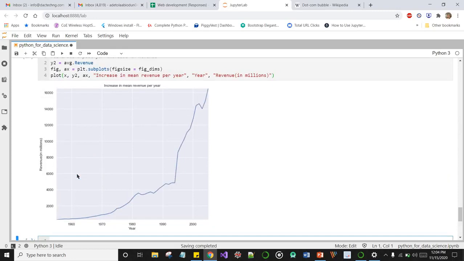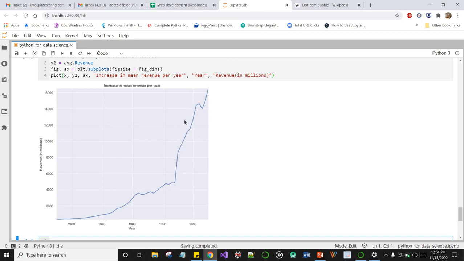Okay, we can see from this plot that from 1955 to about 2005, the revenue has been increasing steadily, and even during the dot-com bubble, you can see in 95 the revenue skyrocketed.